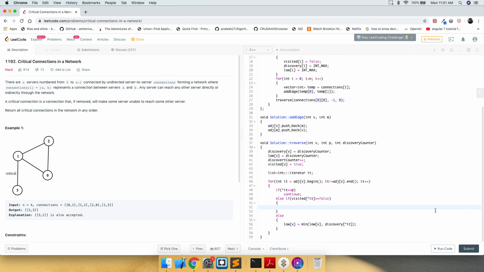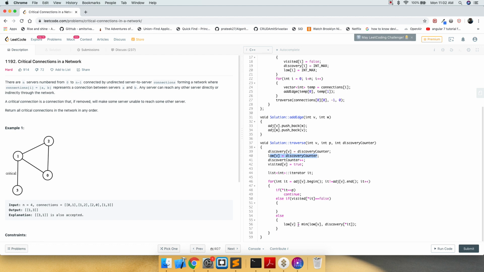What it means is that had we come from 0 and not 2 to this vertex, the low time would have been this, not this, which is basically the discovery time of that vertex.